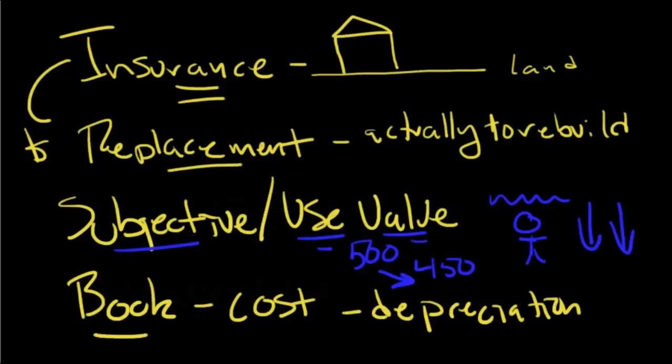How we get to these actual values has to do with the principles of value. So there are things that trained appraisers and people in the marketplace and real estate agents look at in terms of how we put values on property. And these are different ways that we would put values on property, or ways to look at value, I should say. But the principles of value obviously affect this. So let's take a look at some principles of value.